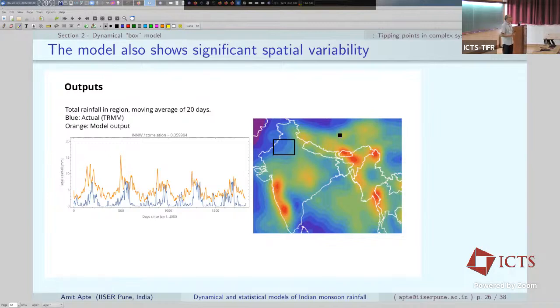Yeah, exactly. Just to mention this work, the idea is that you can use dynamical systems ideas to think of the transition from non-monsoon to monsoon season as itself a critical transition or a tipping point, and then see whether there is a way to predict that tipping point. If that is possible, then that helps you predict the onset of the monsoon. That's the key idea in that work.